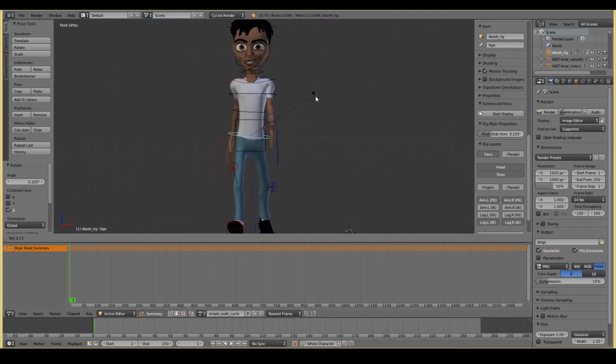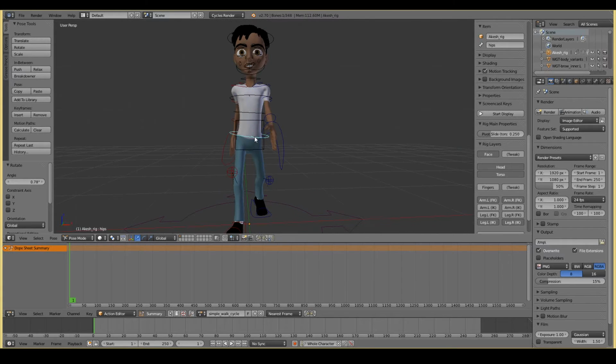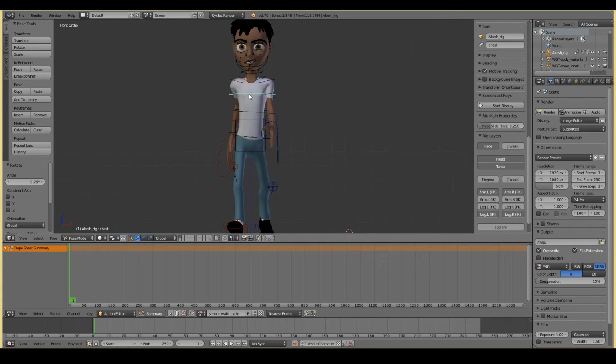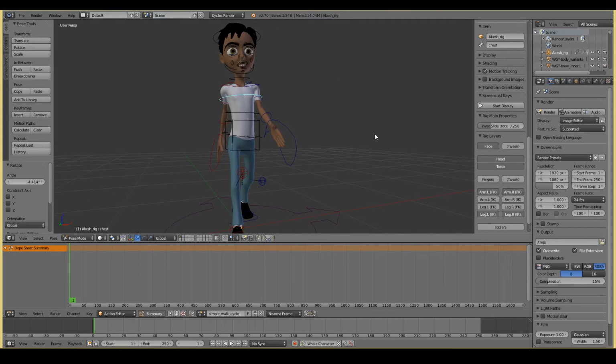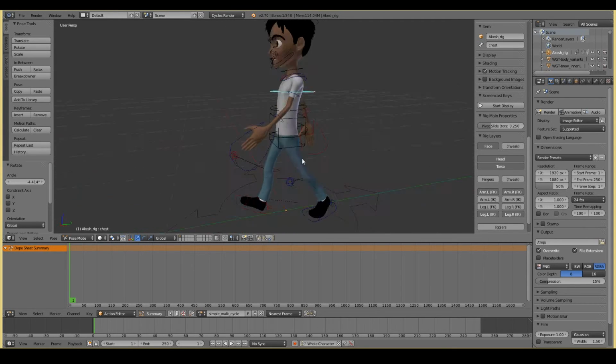So if I just rotate like that, it now looks like most of his weight is leaning on the front leg. And if you lean in that direction, the spine has to always lean in the opposite direction. It's just something that I've learnt. So that creates a more appealing looking walk cycle, and now our contact pose looks a lot more appealing.